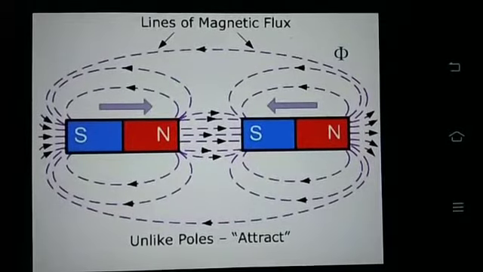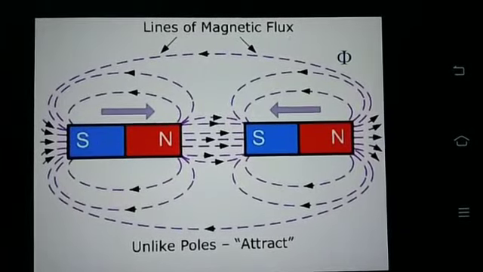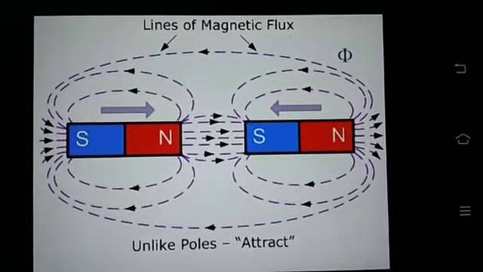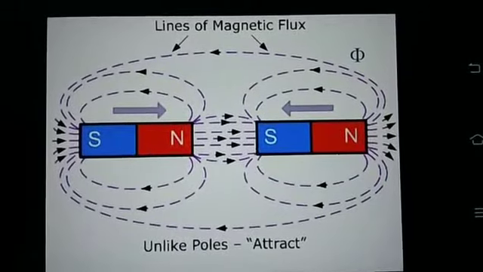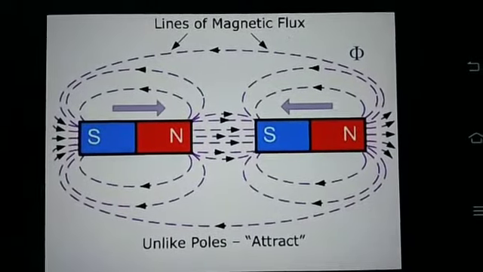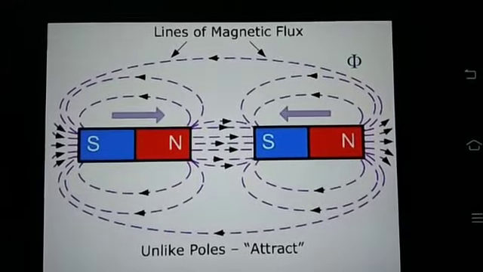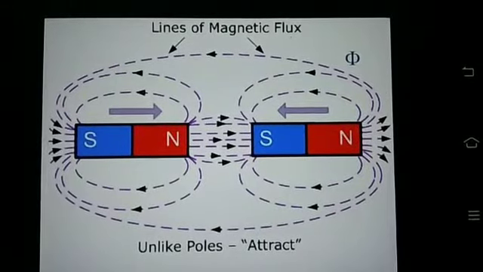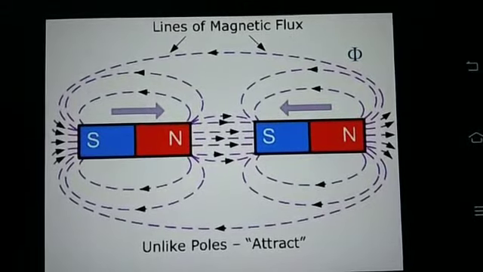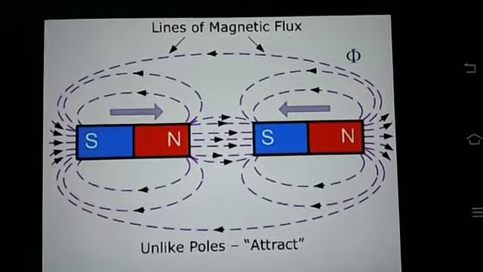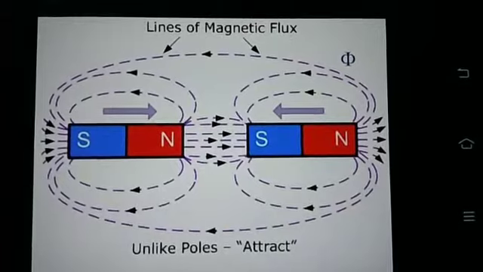See here the two magnets with unlike poles. See here, south-north and south-north. When the two magnets come together, north and south face each other. Opposite poles attract each other. That means unlike poles attract each other. When unlike poles attract each other, a strong magnetic field is formed there. You understand? See, the poles are different, but the magnetic field lines are attracting each other. They maintain a strong magnetic field, so it has lines of magnetic flux.